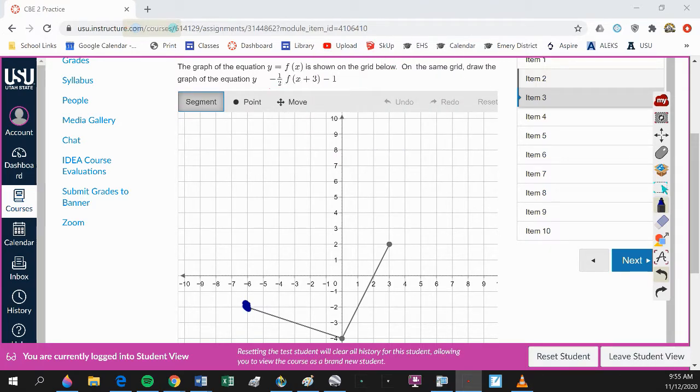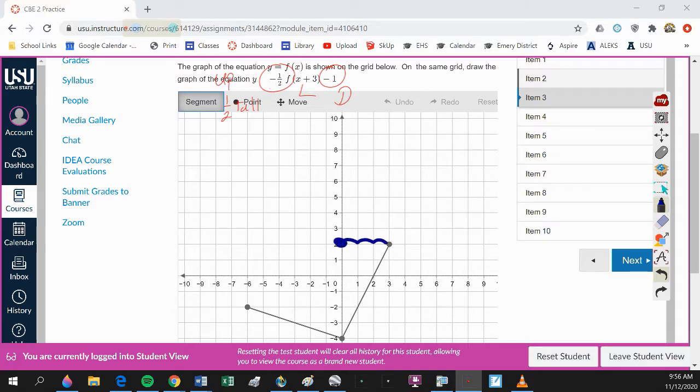Do you guys want to see that movement again? So starting on the inside, left, this one is upside down and half as tall. And then this one is down 1. So we need to do that movement for each of the points. Actually, we need to do the movement for all of the points. But since it's a straight line, I can just do the endpoints, and then the rest will just follow. So left 3,